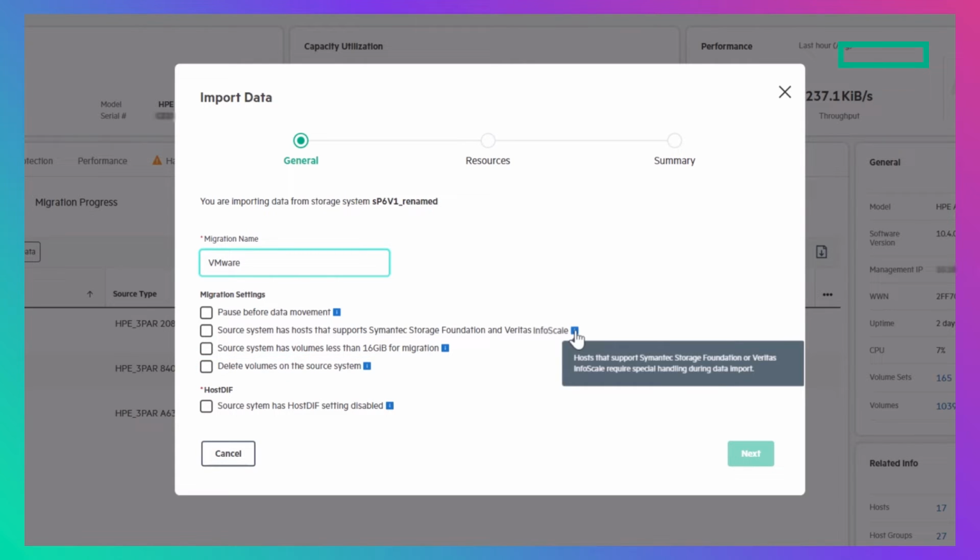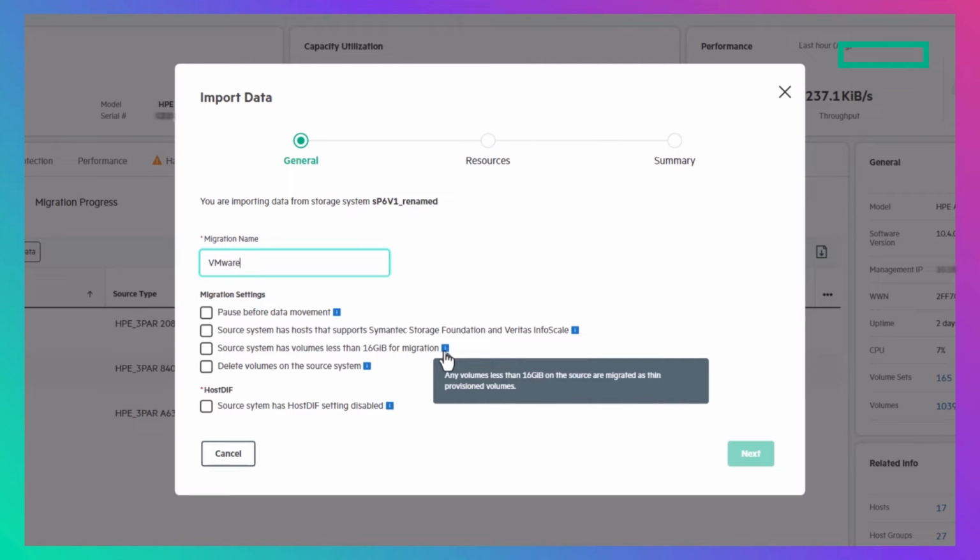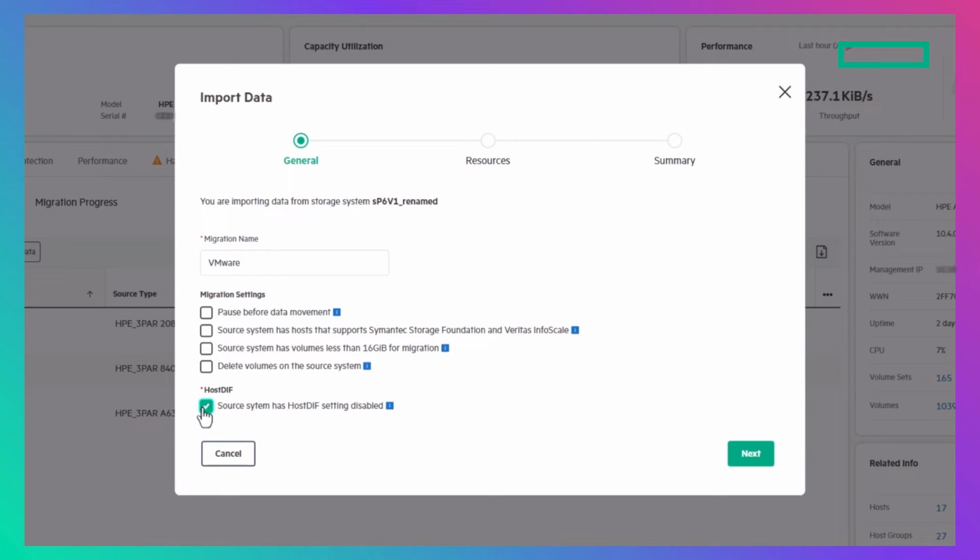Then there are considerations for tasks that are automatically handled by DSCC. For example, if the hosts use third-party file systems, we'll adjust the settings on the target array as required. And then most volumes will take advantage of deduplication and compression when they're migrated to GreenLake for Block storage. The only exception being small volumes less than 16 gigabytes in size, which will be just thinly provisioned after migration. And finally, HPE GreenLake for Block has more advanced technology for preventing data corruption than earlier generations, and as such does not support T10 diff, which must be disabled on the system to be migrated.